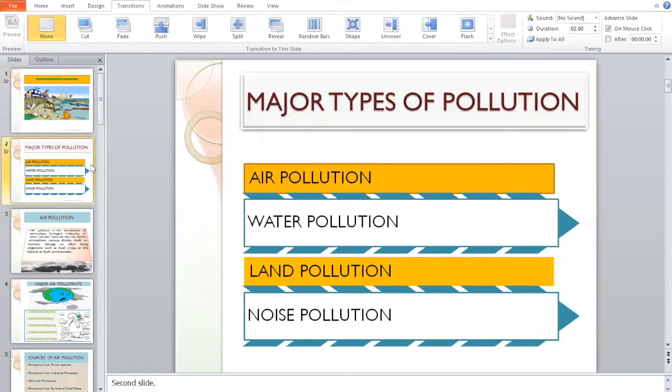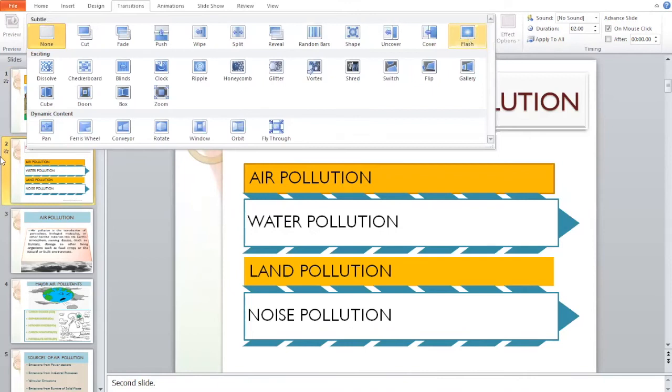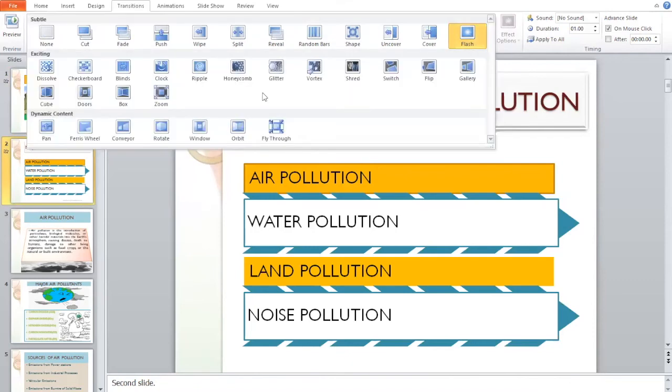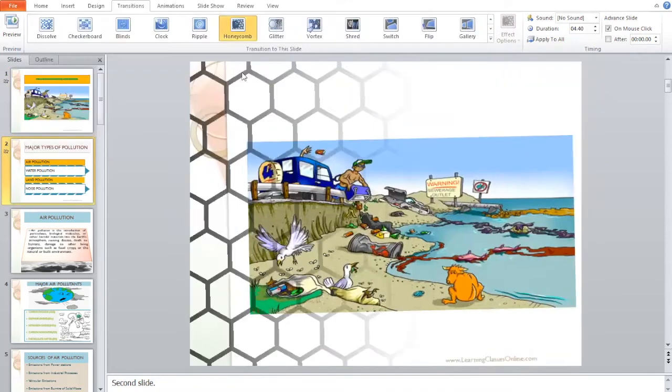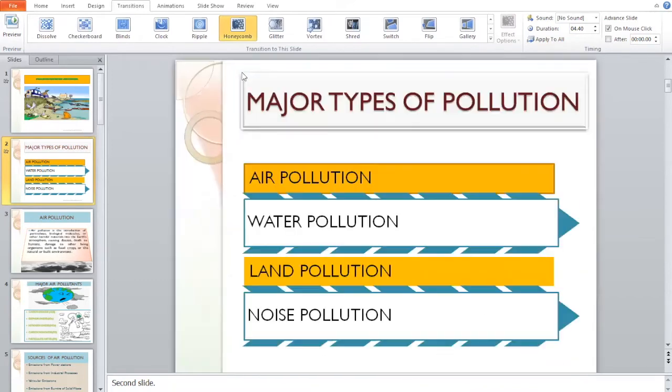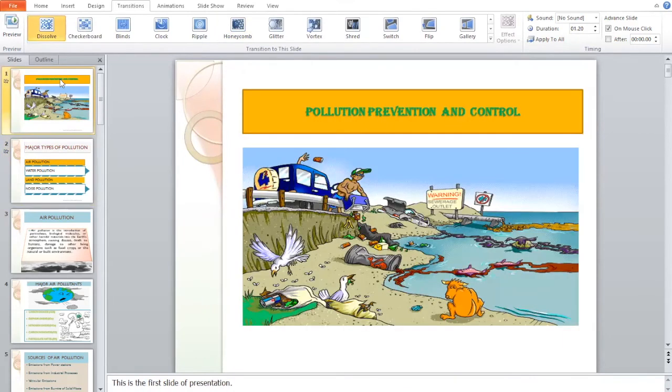Suppose I select the second one and I select plus. This is not a good option. We select another, honeycomb. In this way we can add transition. Now adding a sound to a transition.